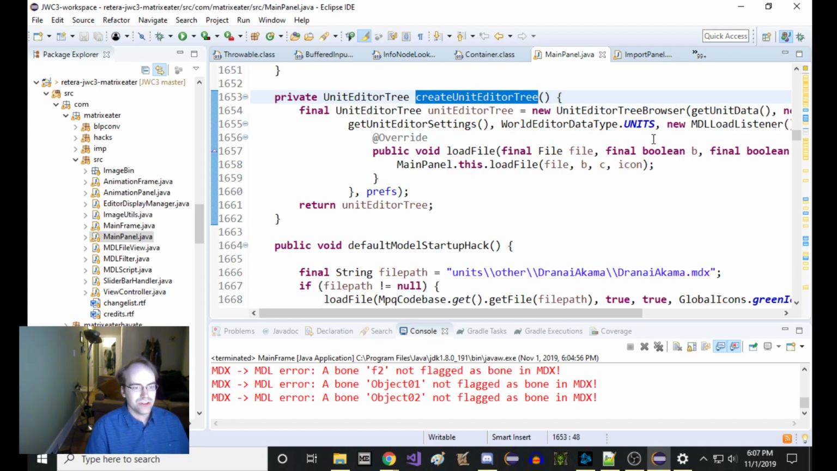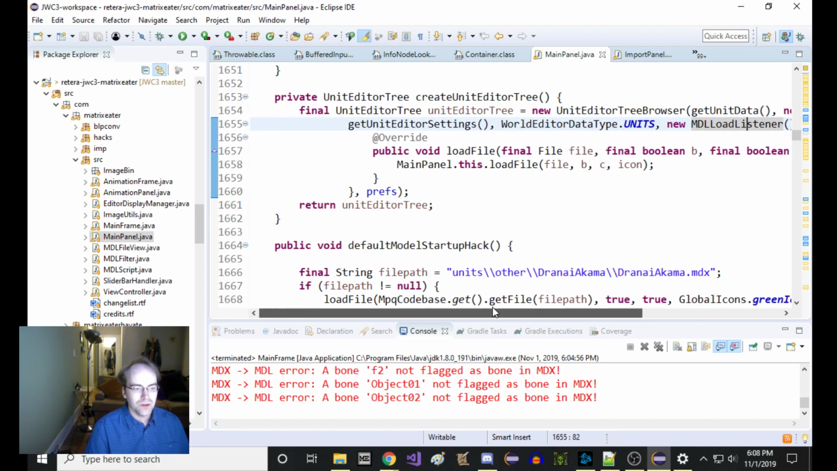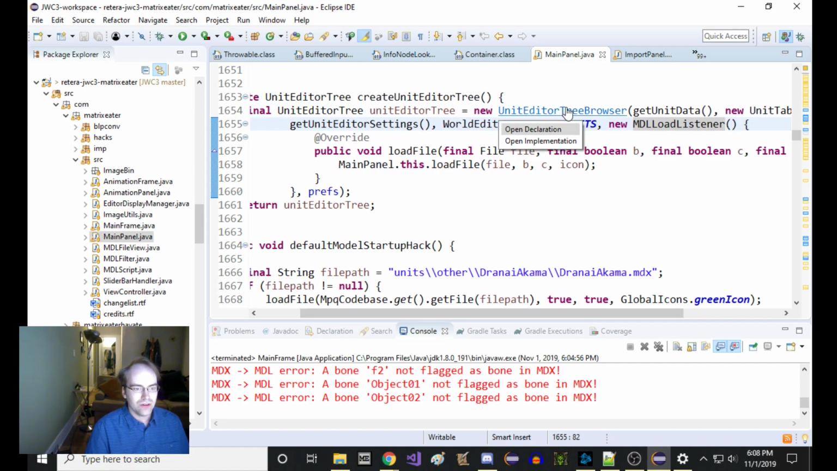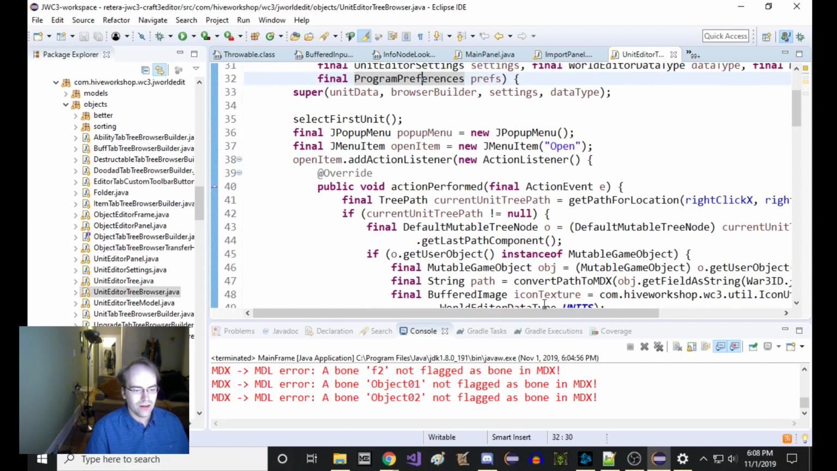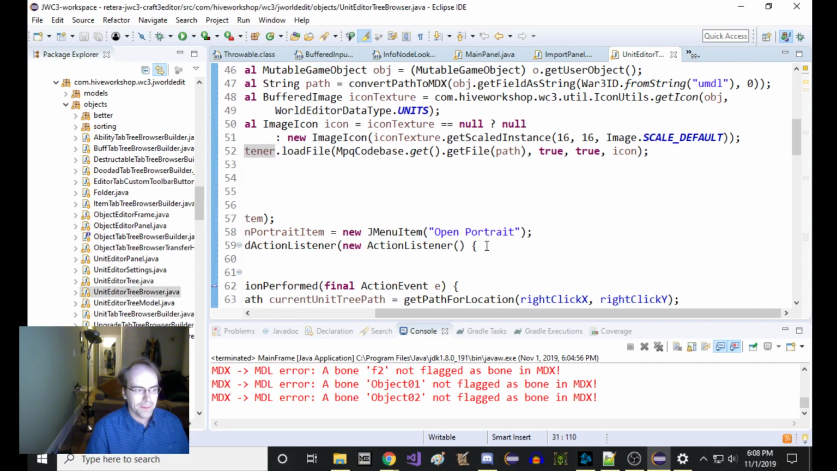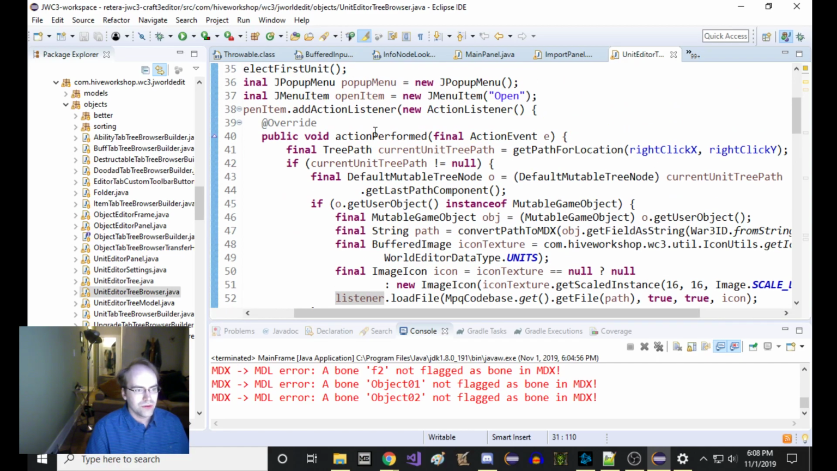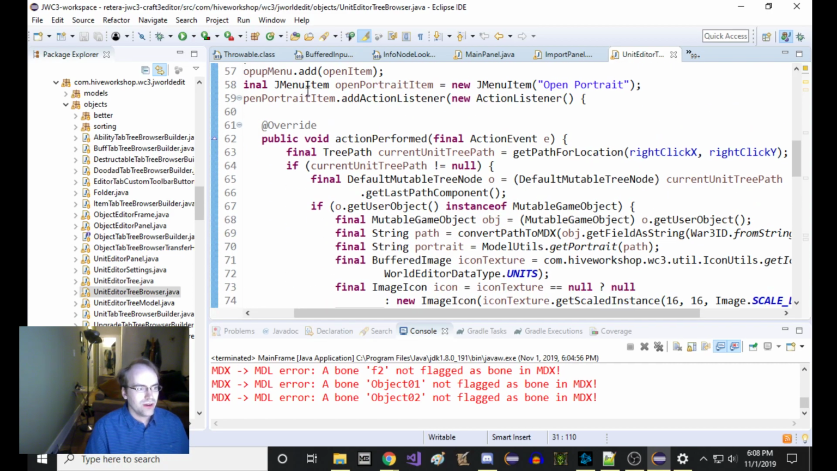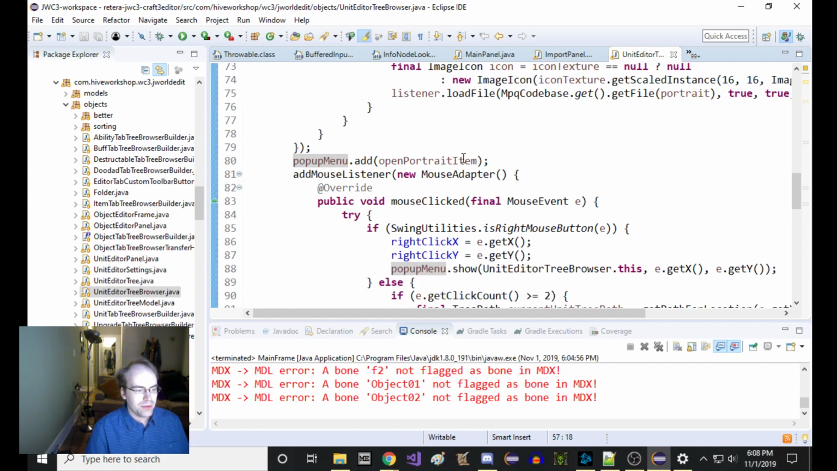So the create unit editor tree function actually makes a unit editor tree, and we give it an MDL load listener. This, of course, is over-engineered and not doing what we want, because realistically, you want to also have the ability to extract. This thing takes in this listener, and it calls on the MDL load listener. It says load file, and it calls this anytime that you do an action on this open pop-up or on open portrait. So all you have to do in this pop-up menu is just go to the pop-up menu,